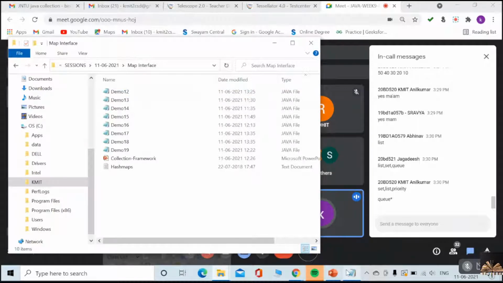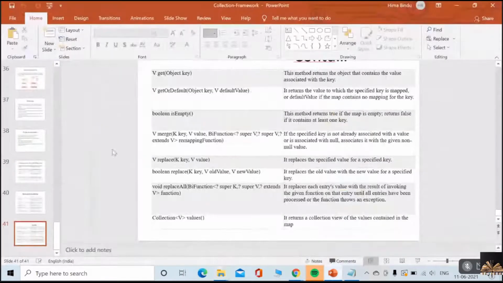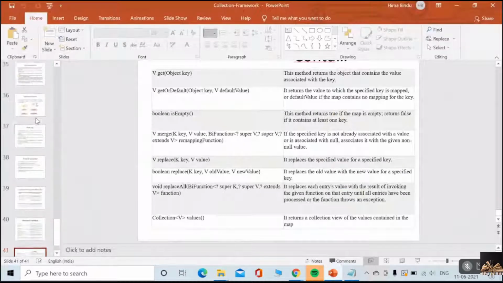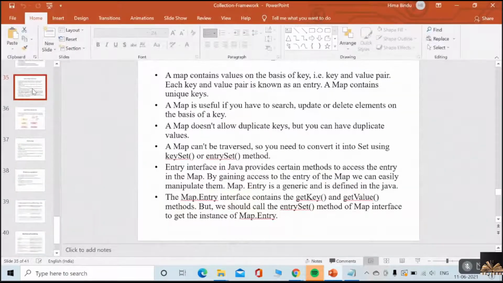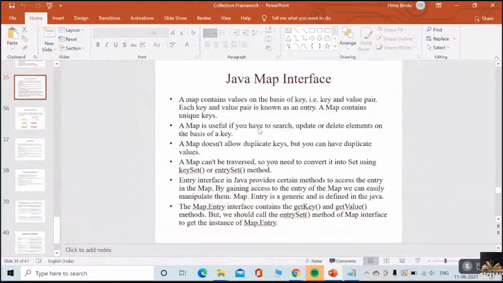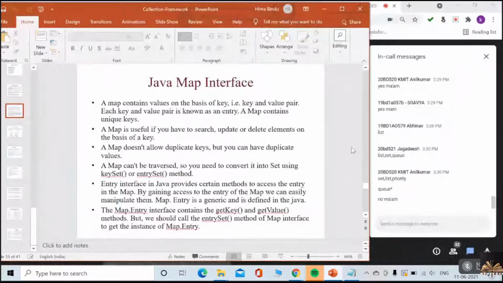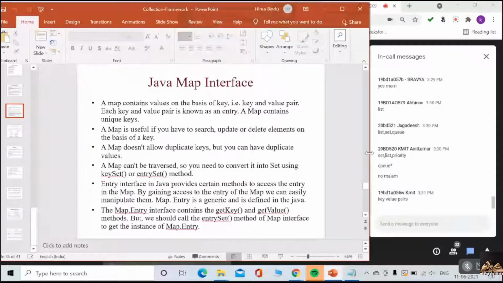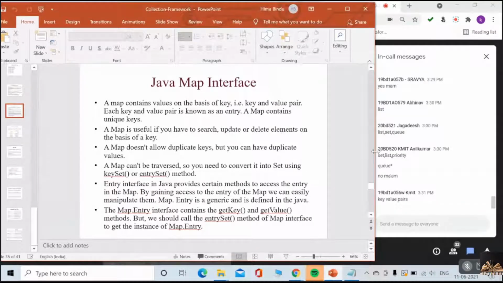Do you know anything about map? Can you tell me about key value pairs? Exactly. Map maintains key value pairs.